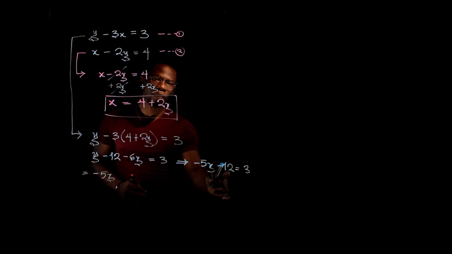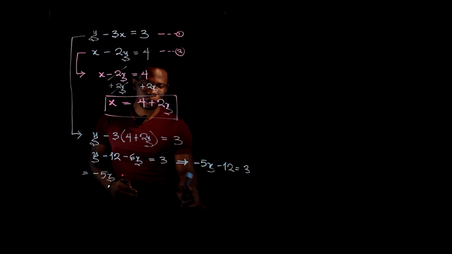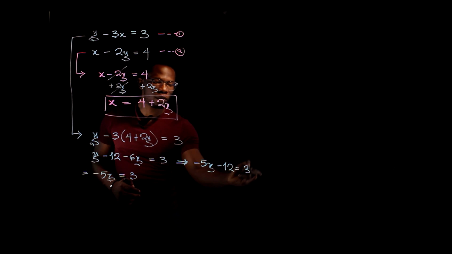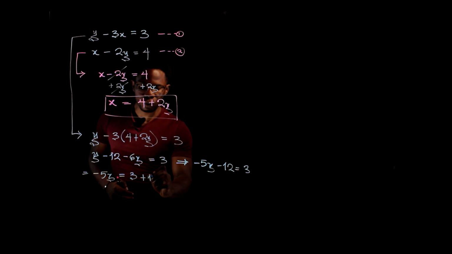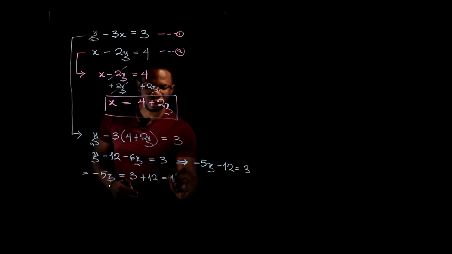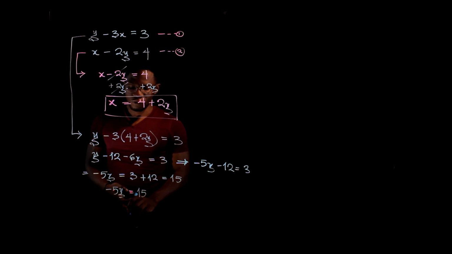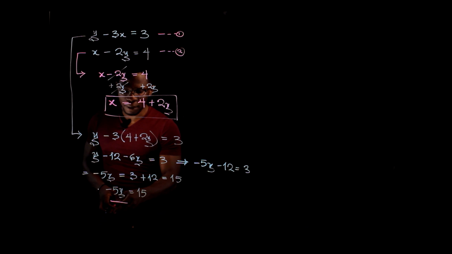If we move our minus 12 over to this side, just so that we can leave our y on this side alone, we have equals 3 minus 12, which when it moves here becomes plus 12, and this is equal to 15. So if minus 5y is equal to 15, if we divide both sides by minus 5,